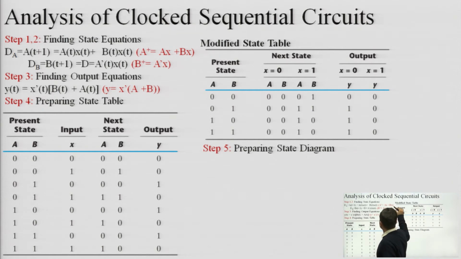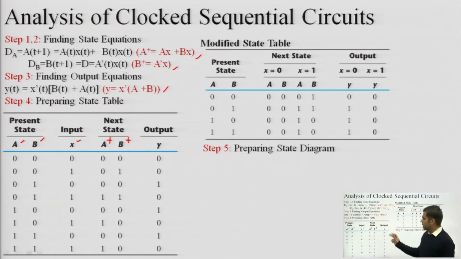This is step 1. Steps 1 and 2 are actually combined, because the flip-flop is a D flip-flop, so input and output are the same. That's why we are finding the state equation. Finding the output equation, this we have already covered. So using these 3 equations I have to prepare the state table. The state table will cover the present state A, B, the input X, and the next state, that means A plus and B plus. Whatever we calculate from these 3 expressions, and this is the expression for Y, which is this one. Okay. So we have to use these expressions.